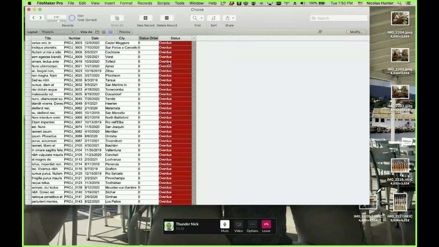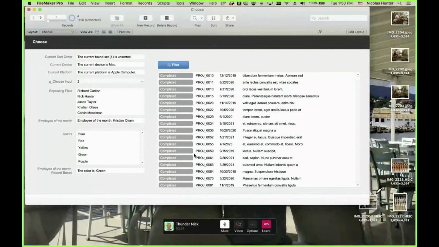The filtering like this on the relationship is better, especially when you want to count how many completed, how many overdue. It's very cool. Choose works well, and I'm always happy with choose.